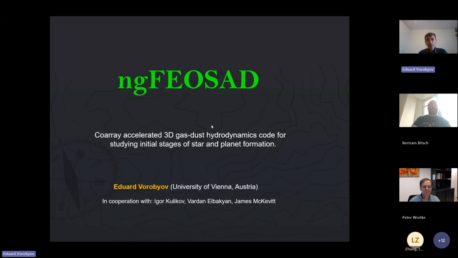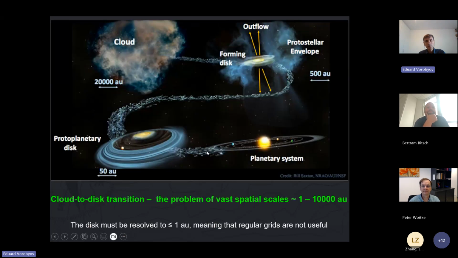All right, thank you. So today I will give a brief introduction into the ngFEOSAD code, which I developed with a few colleagues of mine here. It's a three-dimensional gas-dust hydrodynamics code, and it's particularly useful for simulating the very early stages of star and planet formation. I was always fascinated with this transition, from a big cloud, which is tens of thousands,